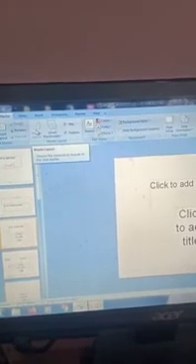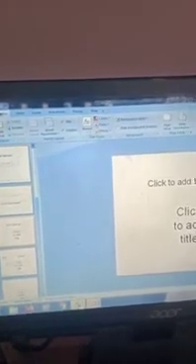Then you have to open. I will show you. First you have to open your required presentation in the slide master view. This is my presentation, and we have to open this in the slide master view. Click on view, and then you have to click on slide master. Okay, and select the slide master in the left pane. Now click on the insert tab.